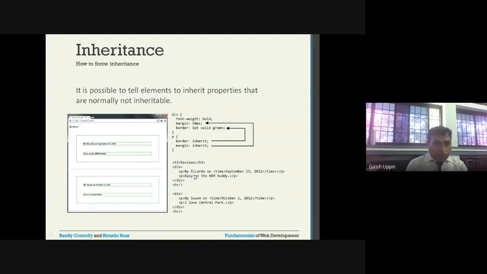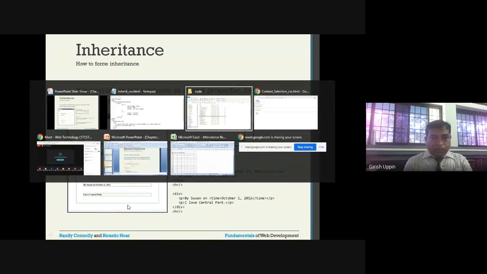So this paragraph and this paragraph are inside this division. Because they inherited the border and the margin, the paragraphs will have that particular margin, a green border line, and the text is also bold. So you can see this is the first division and this is the second division.